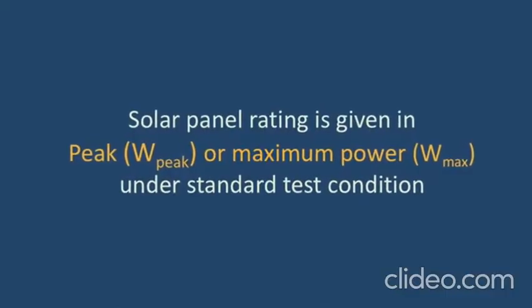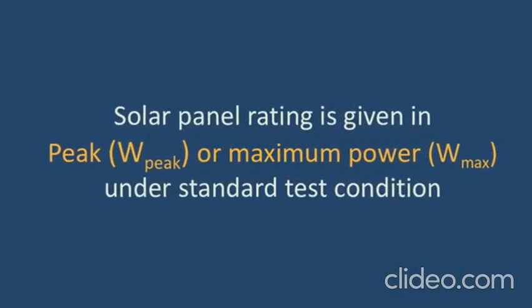So the first thing is the power rating is in watt, and normally this power rating is given under standard test condition. Like when we go and buy a vehicle, the mileage of the vehicle is specified under standard test condition. Similar to that, a panel is specified under standard test condition. So the power rating that is mentioned for the panel is actually a maximum power that you can get under the standard test condition. That's why the nameplate rating also says not only watt, but it says watt peak or watt maximum or WM. So the peak power you can get.